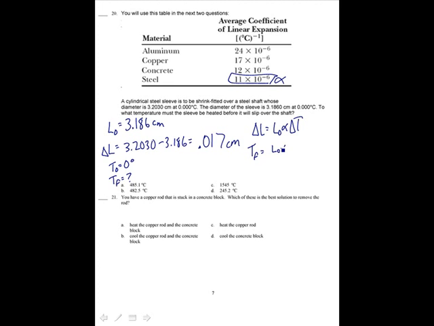It's L naught alpha over delta L. Let's see, that gives me 3.186 times 11 times 10 to the minus 6 over delta L, which is 0.017. Notice I didn't have to convert any units because those centimeters cancel out. And I get